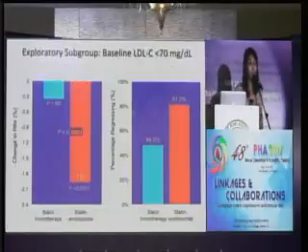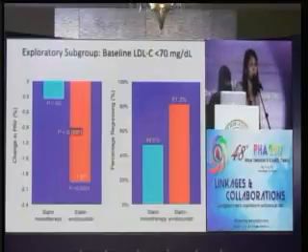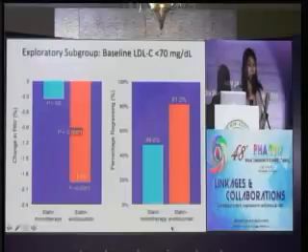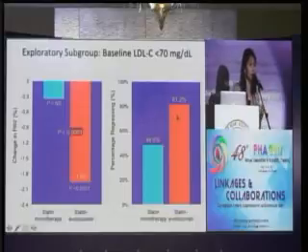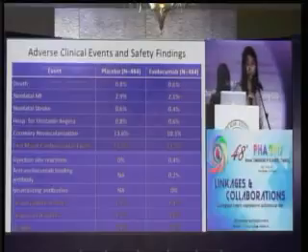There was even an exploratory subgroup. These were patients whose LDL cholesterol was already less than 70 milligrams per deciliter. And similarly, they found that even in patients with LDL cholesterol less than 70, the change in percent atheroma volume was significant, and the percentage of regressors was very significant in the combination of statin and PCSK9 inhibition. So of course, the issue is always going to be,